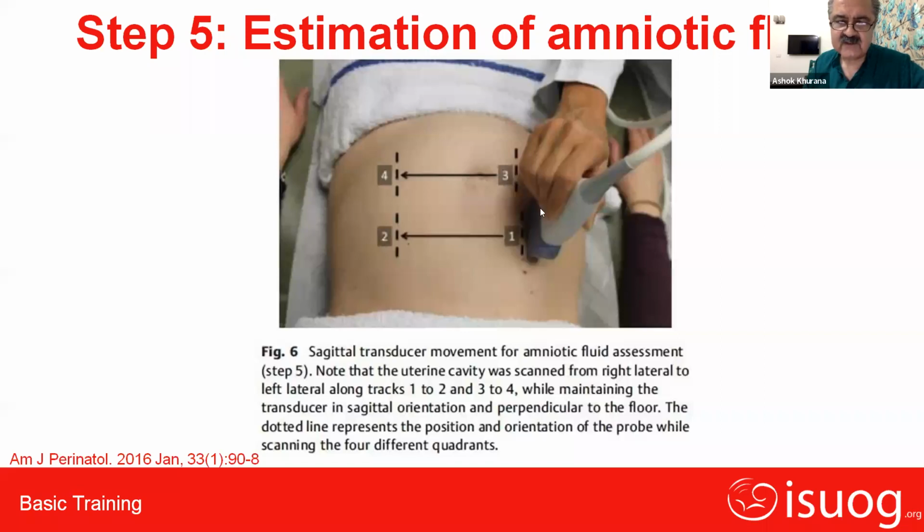Exactly as we heard in the presentation, we have beautifully placed the transducer vertically. It is not lying tilted, and it is placed in the 4 quadrants of this uterus. The upper on the right side, the upper on the left side, which is number 2, the lower on the right side, which is number 3, and the lower on the left side, which is number 4. During the actual real-time evaluation, we will realize that this may not always be a fixed position. It would depend on the number of weeks of gestation, and of course on the deepest pocket